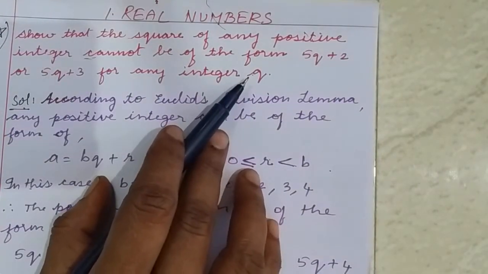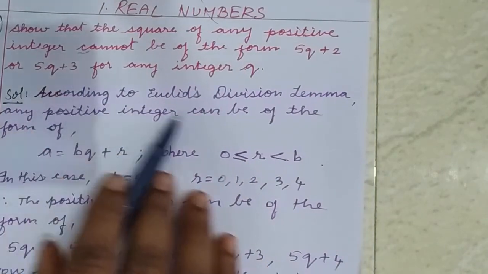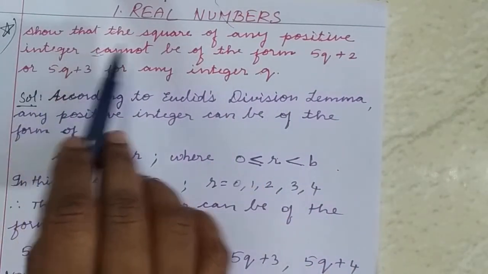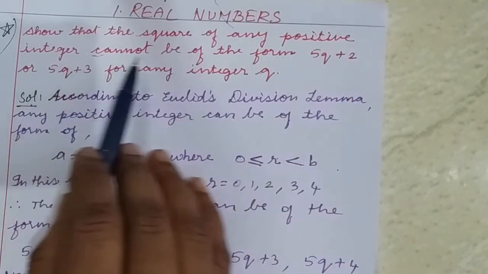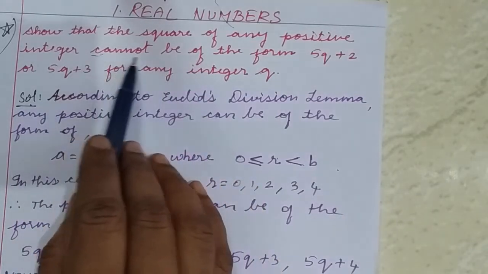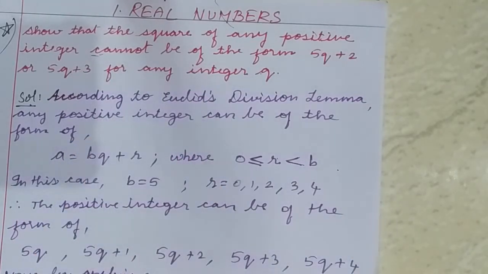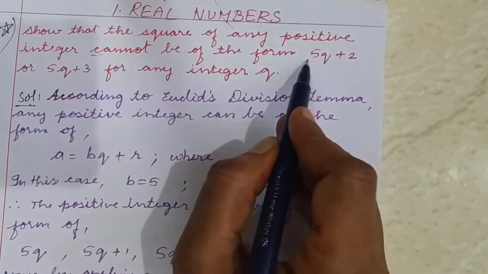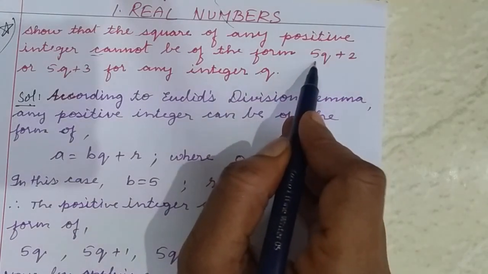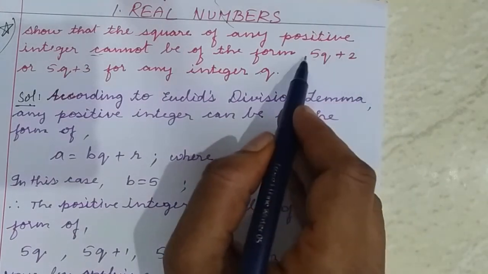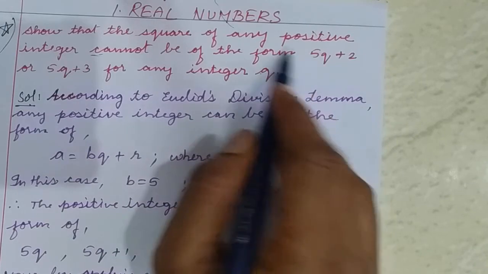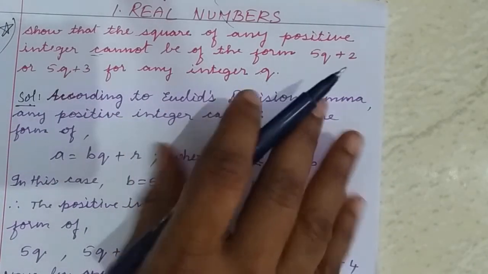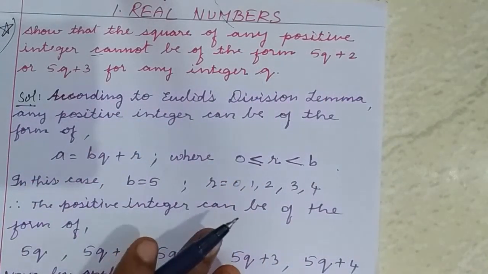In this type of question, they may ask the same question in the other way. Show that the square of any positive integer can be of the form. If the question is "can be", it will be 5m plus 1 or 5m plus 4. This is the way they can ask. Otherwise, they can just change the number. Say here it is of the form 5q plus 2. They may give even the number 3 or 4 or 6, whatever be the number. But the procedure remains the same.